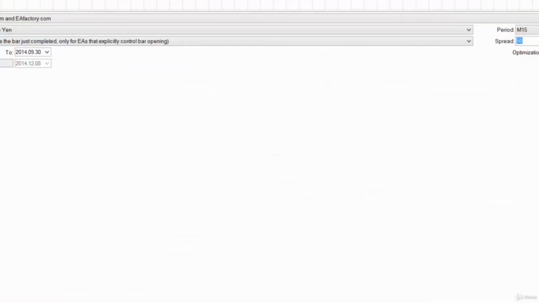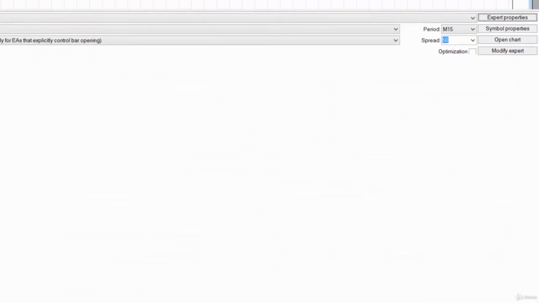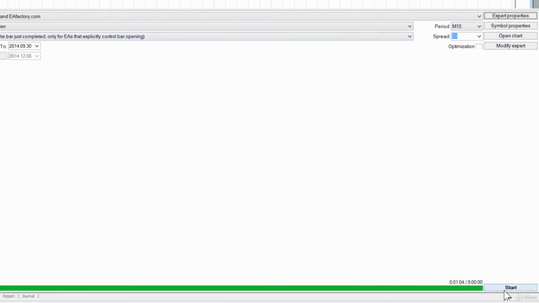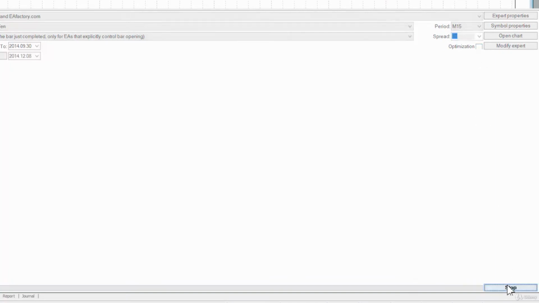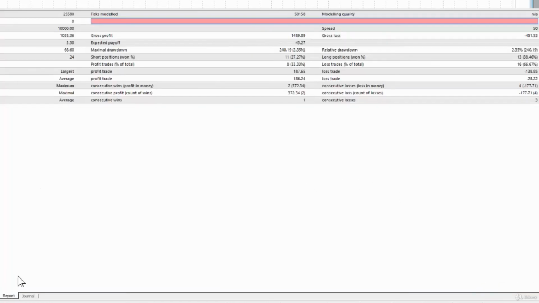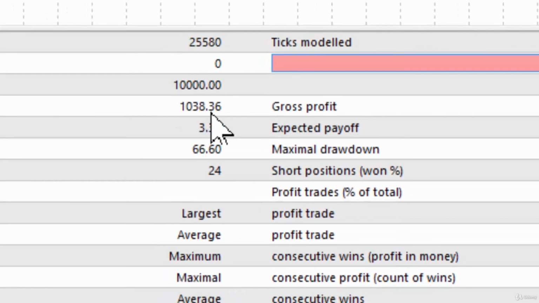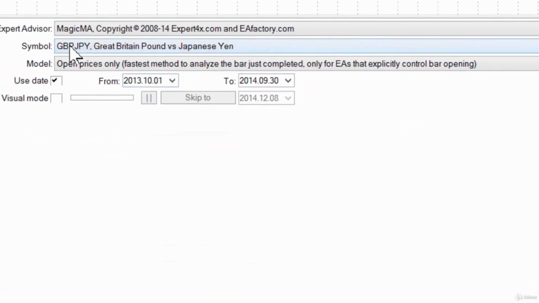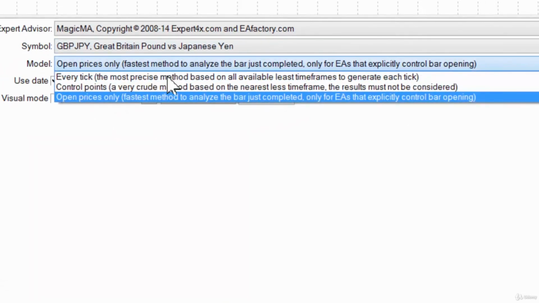Okay, so the other thing that we can do is just double check those results by running those settings as a test rather than optimization. So I've got optimization unticked, and I'm going to run them as a test. And very quick, the report says yes, 1038 is the optimum amount. What I'm now going to do is check it against the tick test, just to see if that's still more or less in line. So let's have a look if that happens, and if that's okay, that is our optimal result from all our